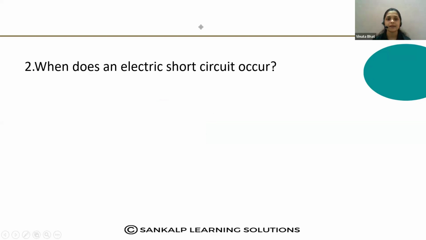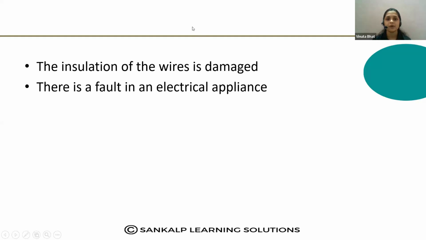When does an electric short circuit occur? So how does it happen? If the insulation of the wires is damaged, the current carrying conductors are insulated by some